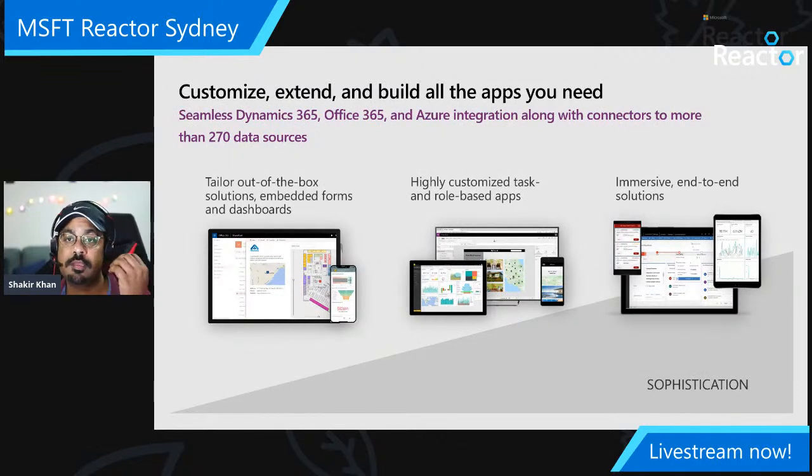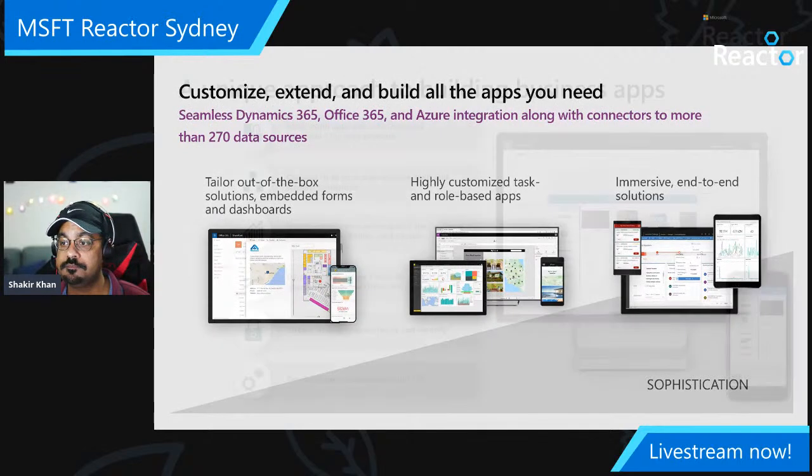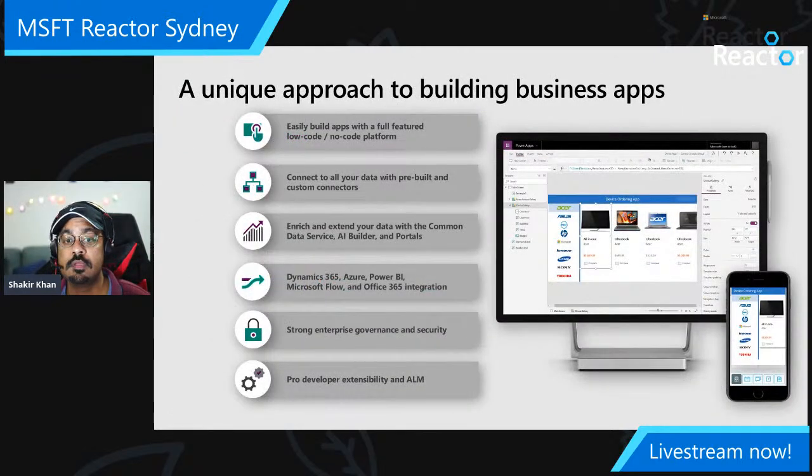So you can see the information on your application, then you can see the charts and other stuff. So the Power Apps is quite powerful. You have a unique approach to building business applications. As I mentioned, it's a low code, no code platform, so you don't require any prior knowledge of developer or coding technology,